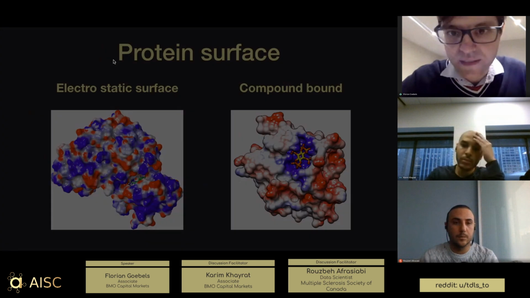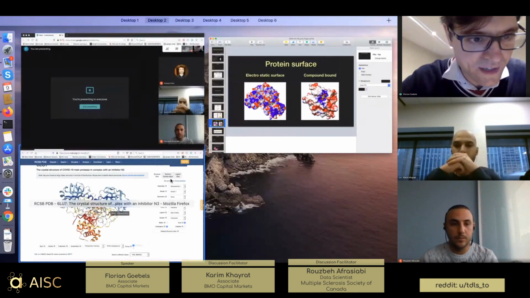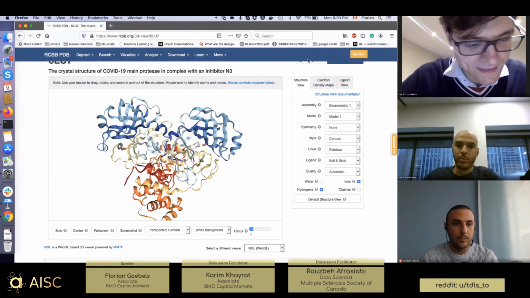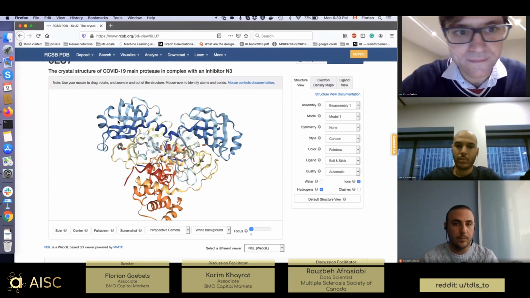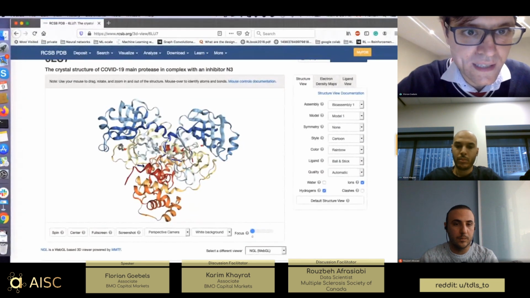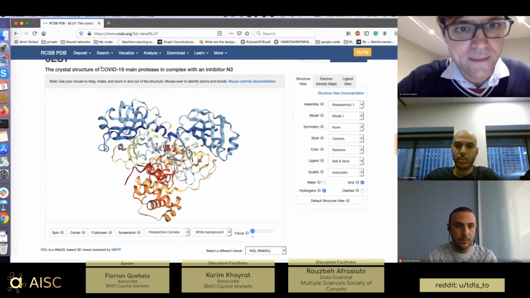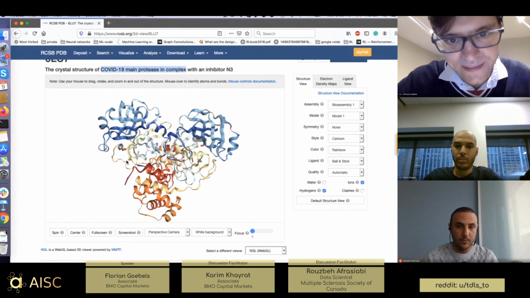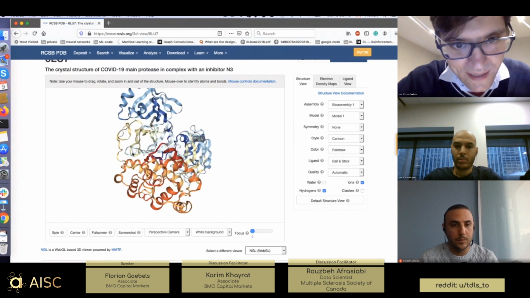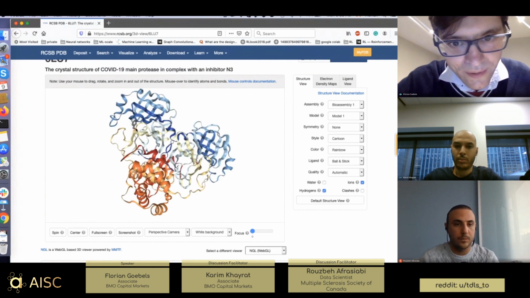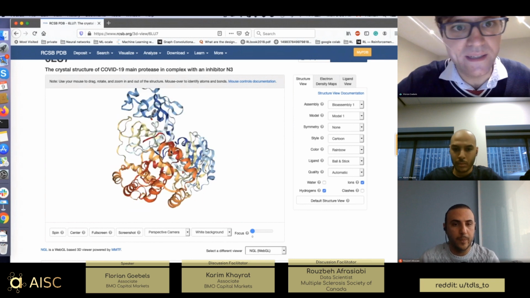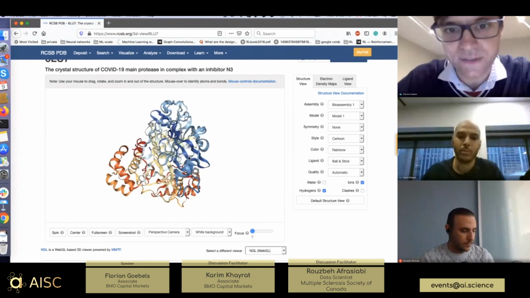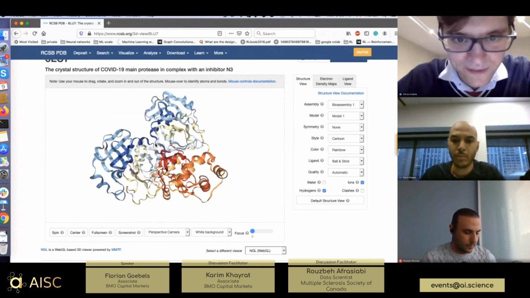So just to give you an example, recently we're talking a lot about coronavirus. So let me go here, and this is the COVID-19 main protease in complex with an inhibitor N3. So they have an inhibitor N3 here, the small compound, and this kind of inhibits the protease of the COVID-19, and this is the 3D structure of the protein. So if I zoom in here,